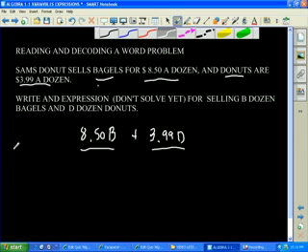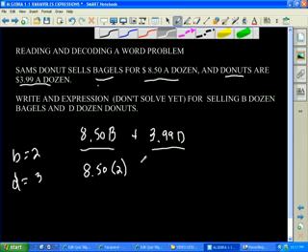Let's come up with a solution just for the heck of it. What if we say B, we want 2 dozen bagels. And for D, the donuts, my personal favorite, we want 3 dozen. So now we'd write this as 8.50, I'm going to put it in parentheses because that means multiply, plus $3.99, parentheses means multiply when it's next to the number. So 2 times 8.50, that's $17. And to that, we're going to add 3 times 3.99, and that becomes